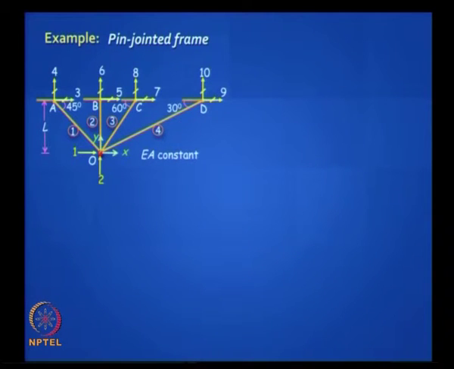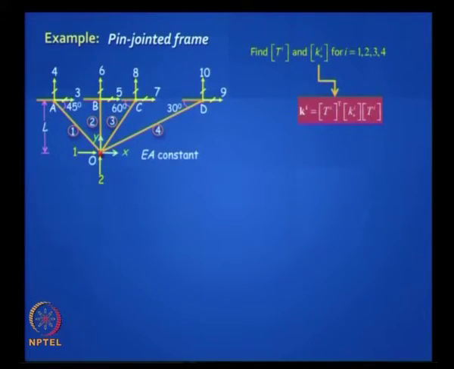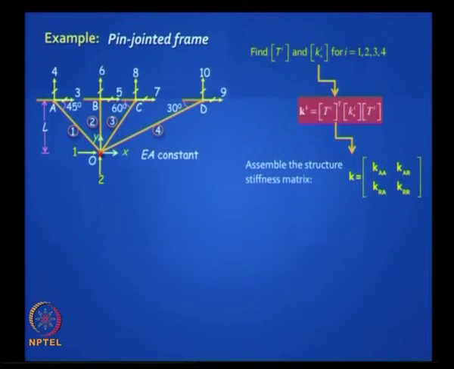Then let us go back, let us take another example, let us take this frame which we looked at yesterday. How do you go about doing it? First you find Ti and Ki star, we have done this. What is the next step? Finding Ki by doing this transformation, which in MATLAB you can do effortlessly for each element. Then what is the next one? No, this is at the element level. Next is assembly. This is where you had difficulty, right? You assemble it to this form and then you can solve for whatever loading you get.